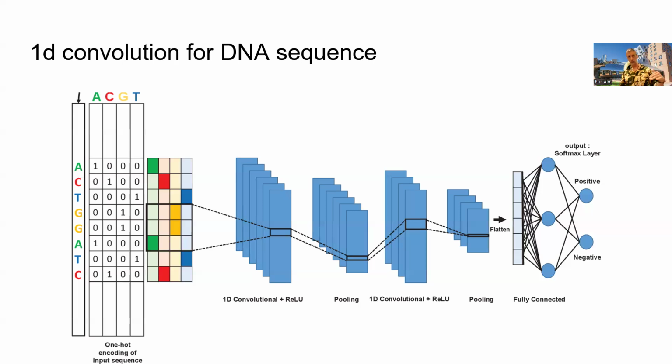The rows are the positions in the sequence, and they correspond to these one-hot vectors. If it's A, then only the first position has a 1, and the rest are zeros. These are the channels. So our input has 4 channels, and once we put that into our convolution, it may have more than 4 channels